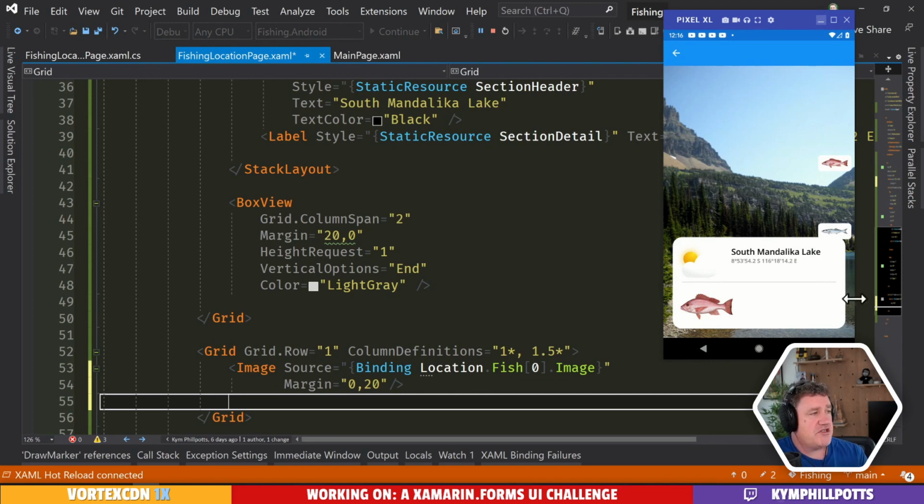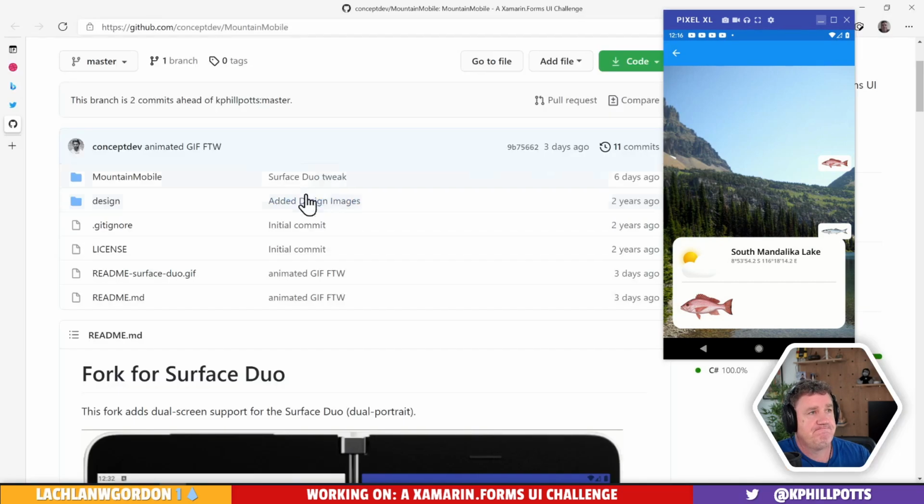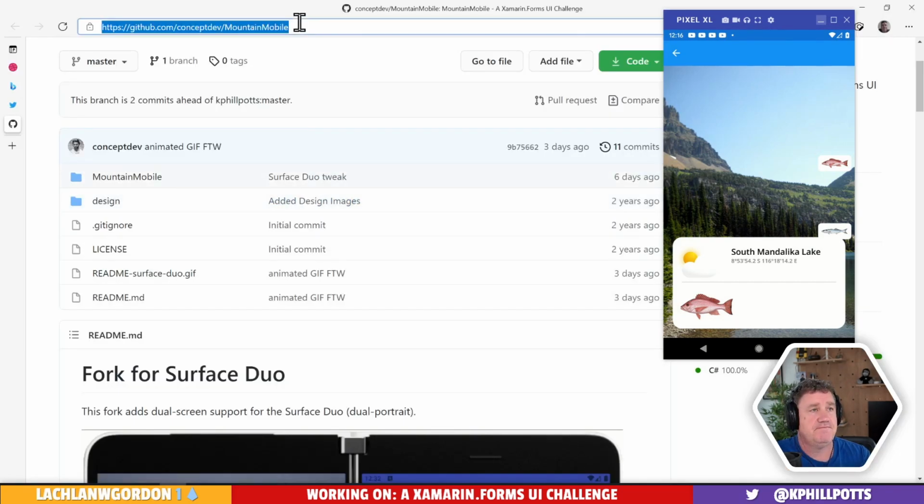Okay, so now we want to chart over here. And our options for charts are